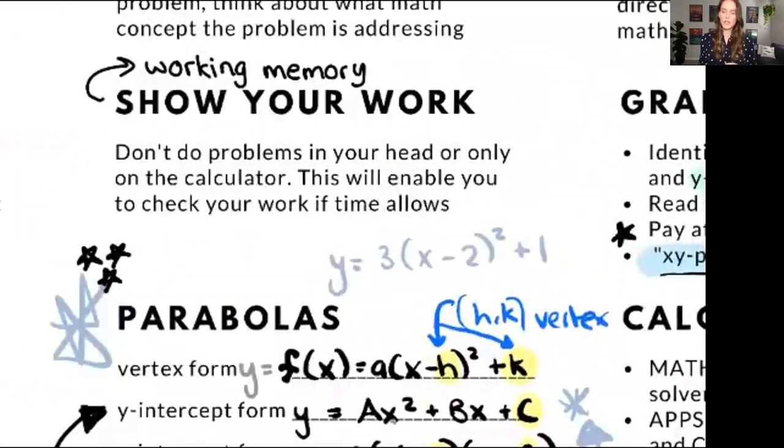Showing your work. So we all have what's called working memory, which is the amount of information you can store in your brain at any given time. Really good test takers have amazing working memories. So they store a lot of information in there. So after they've read a passage and they get to the questions, they remember everything that was in the passage. After they read a math problem, they don't have to reference back to see what was the question actually asking and what was the given information because they're storing that all in their heads. If you do not have a great working memory, you can fake it